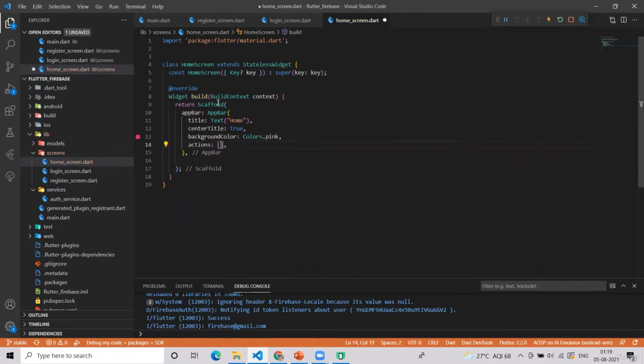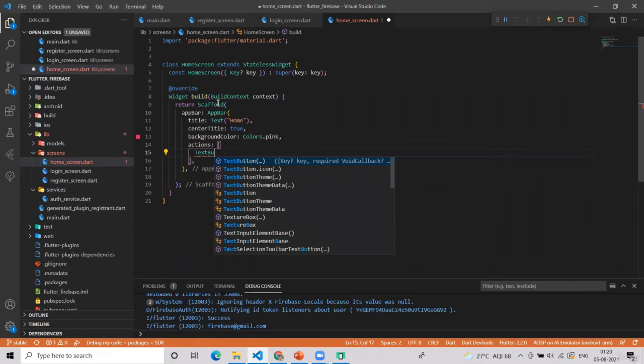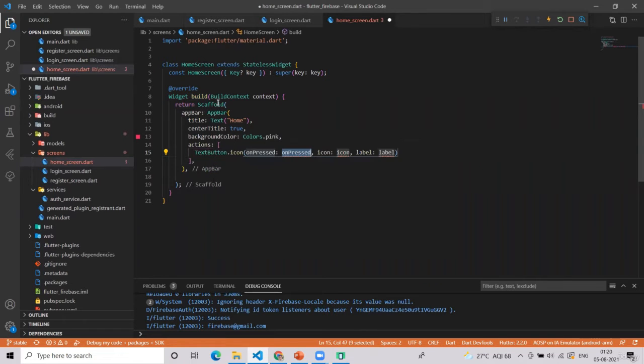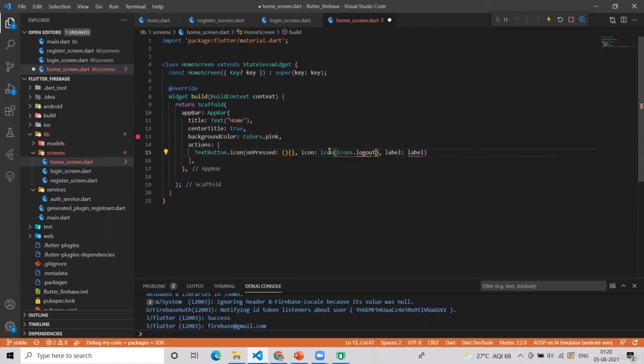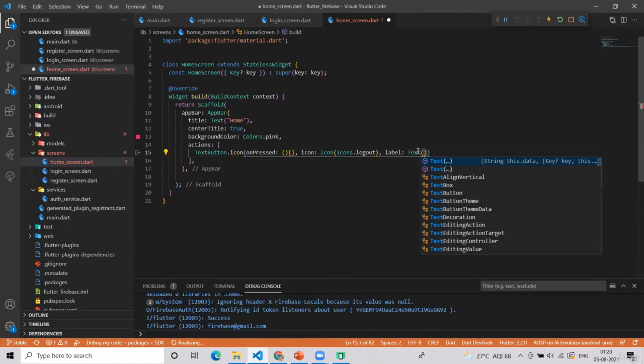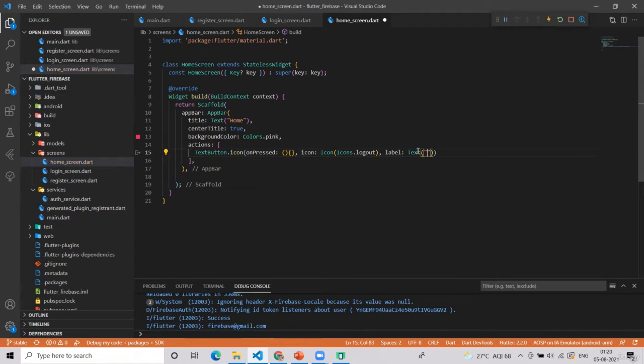And in the actions I would like to give a button of logout. So I will just write TextButton.icon, onPressed will be empty. In the icon, I will give Icons.logout, and in the label, I will simply give it text of sign out.